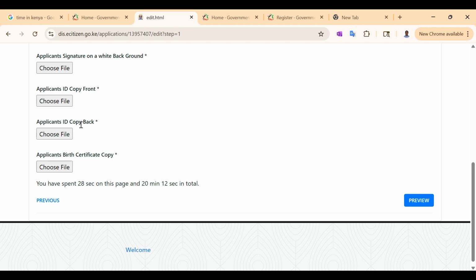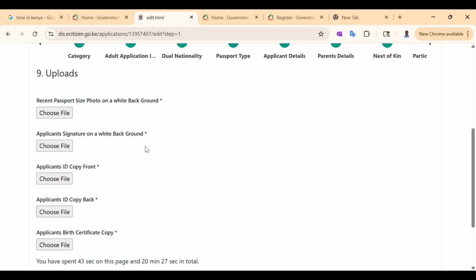And then applicant's ID copy back. And then applicant's birth certificate. So as you can see, what's required here is only the passport size photo, 2-inch square, white background, and then